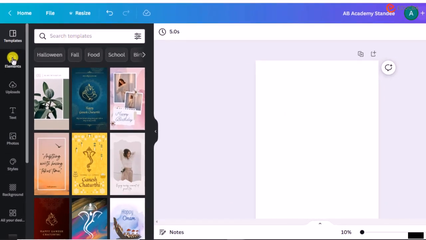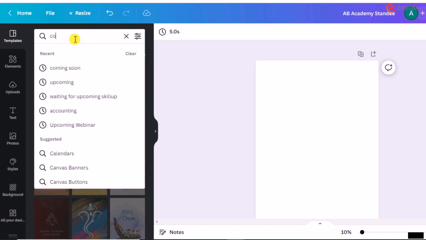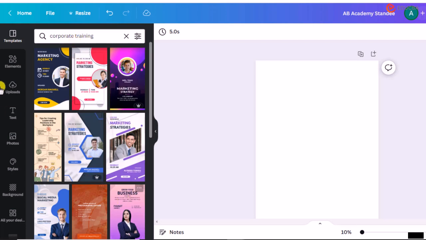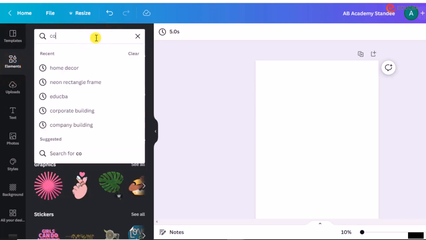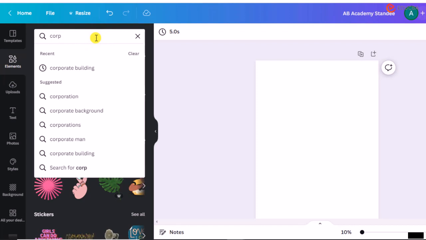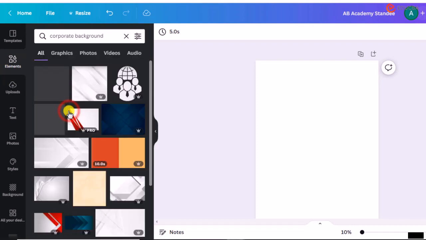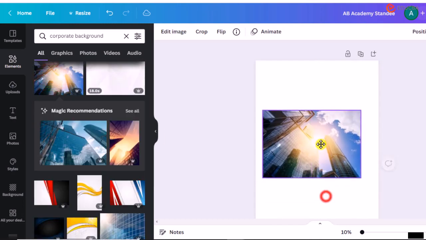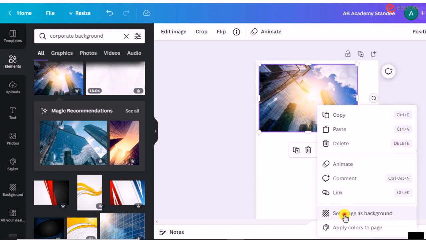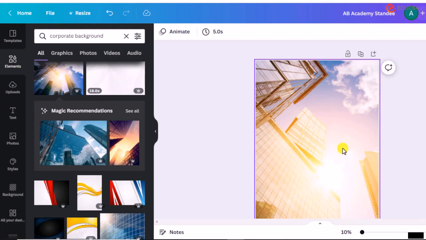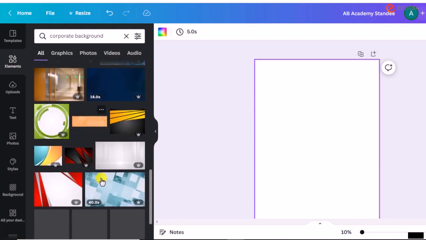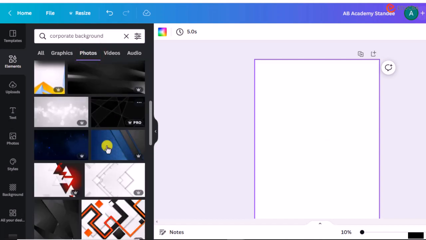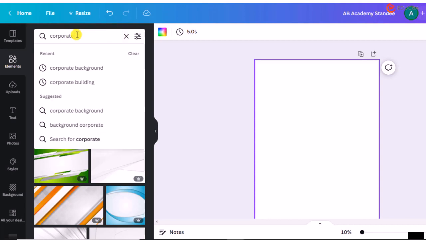Okay, so I'll just go here. I can search for some templates for corporate trainings, or if you want to go, you can go here for the elements, and you can also search here for some corporate background. So if you want to take this, you can just take up this as the image. You can make it okay. It is not looking proper in background, so let's just find some image in photo. Let's take corporate